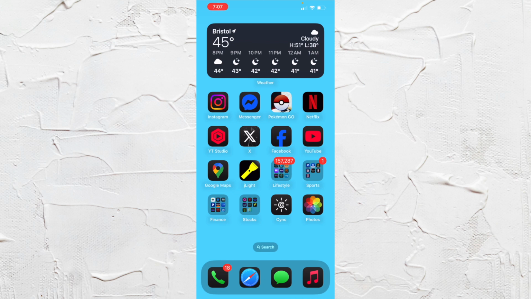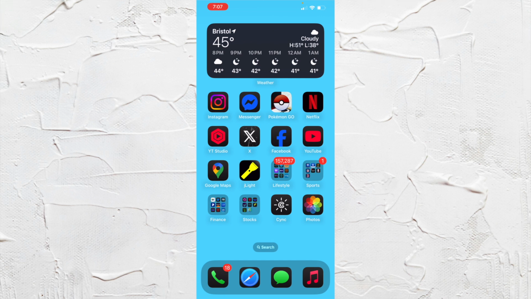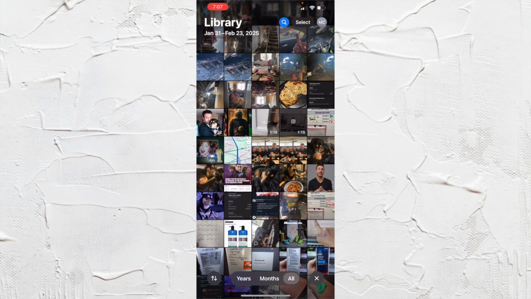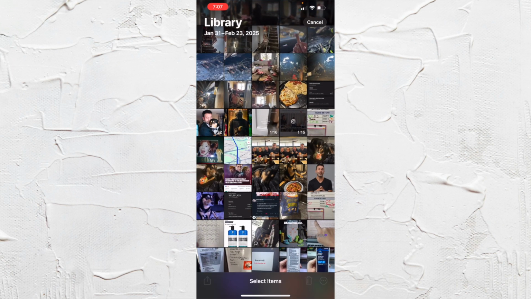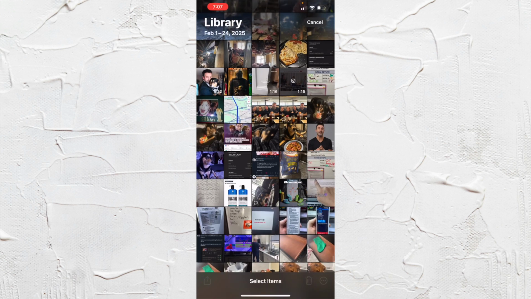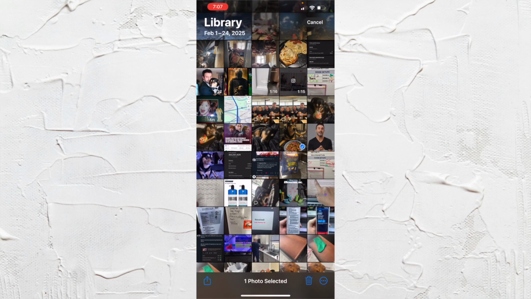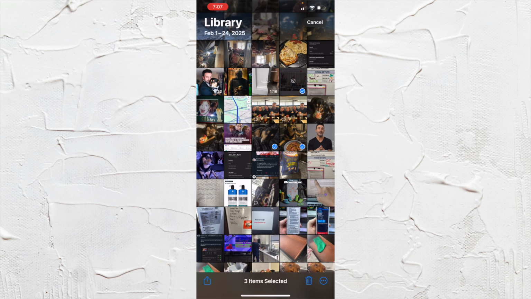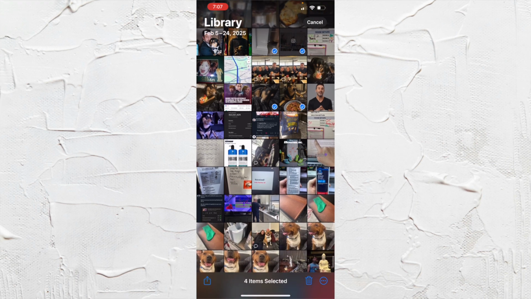In this video, I'm going to show you how to transfer photos and videos to your Files app on your iPhone. So what we can do is go to our photos, and I'm just going to go ahead and hit select. And I'm just going to pick some stuff here. I'm just going to pick a couple photos, maybe a video or two, kind of go through here, really anything